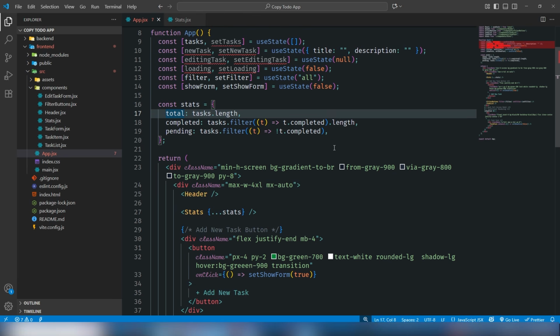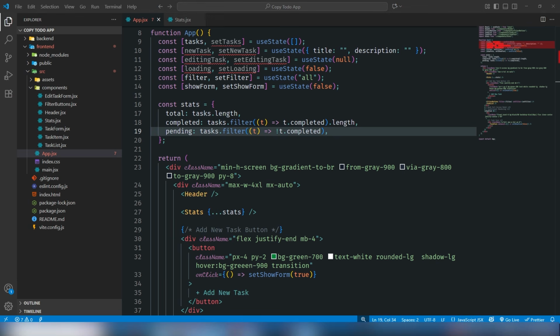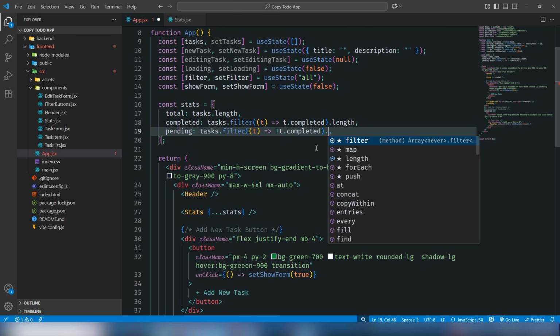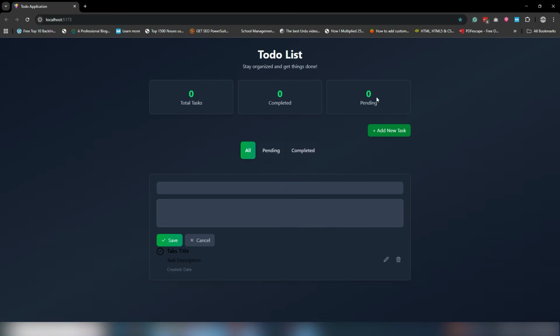Okay, so as you can see, why am I getting pending... tasks.filter. Give me a second. Why am I getting the pending, I'm not getting the 0, let me check it. Pending tasks.filter, not, okay. I also need to add the length there, so it should display the 0. Correct. So let's move on,